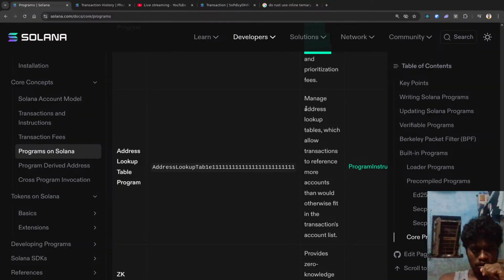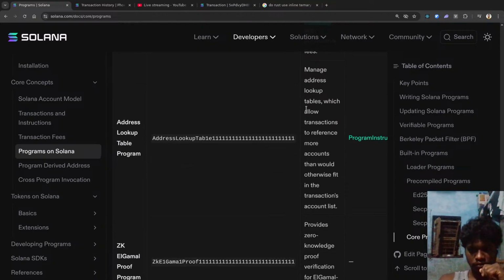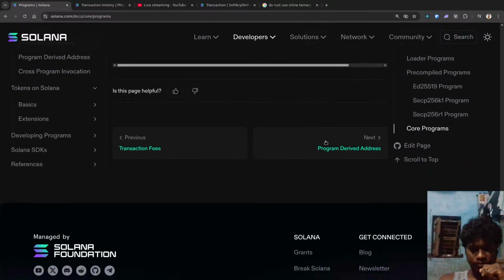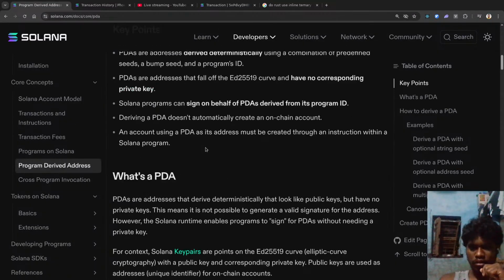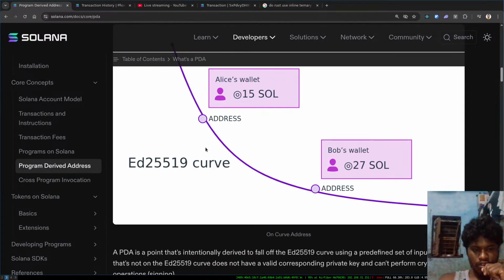Address lookup table program. PDAs. So finally we got PDAs. So basically, it is one. So we have